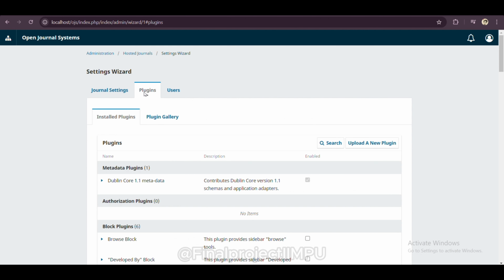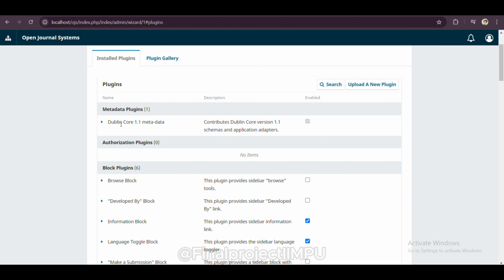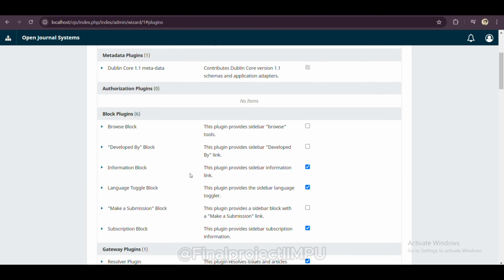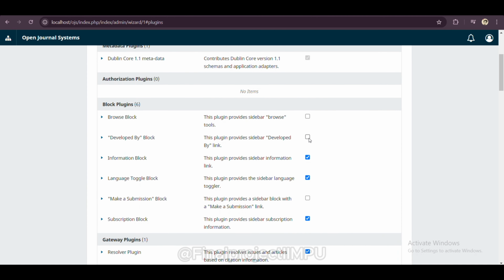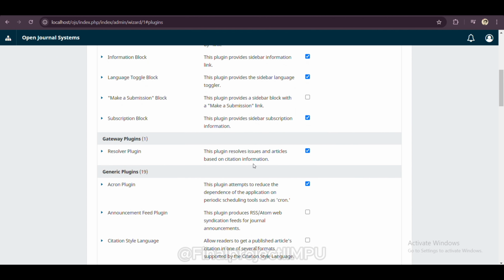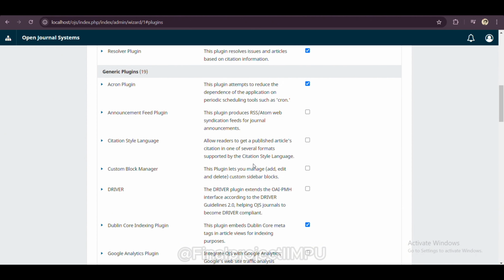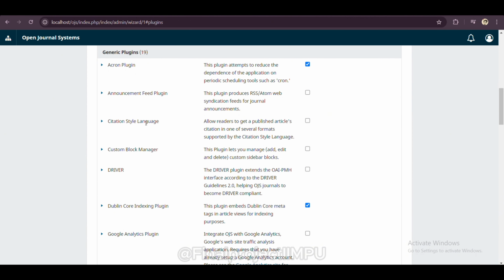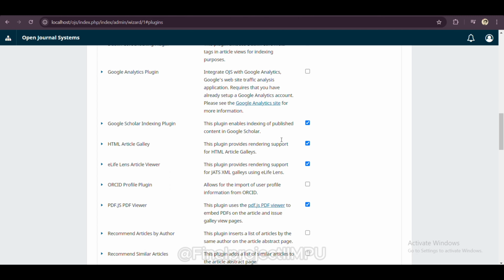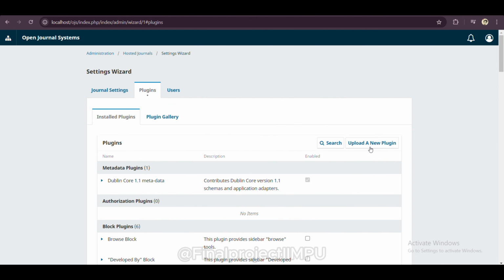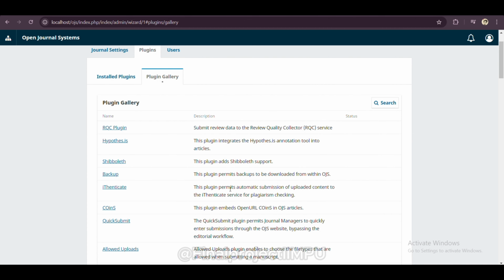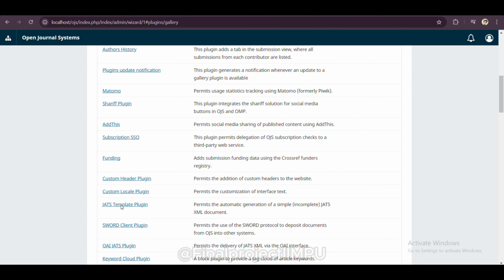Now go back to journal setting and choose the plugins bar. You can check out installed plugins and can upload a new plugin too. You can check out plugin gallery too for exploration. As you can see by scrolling down,